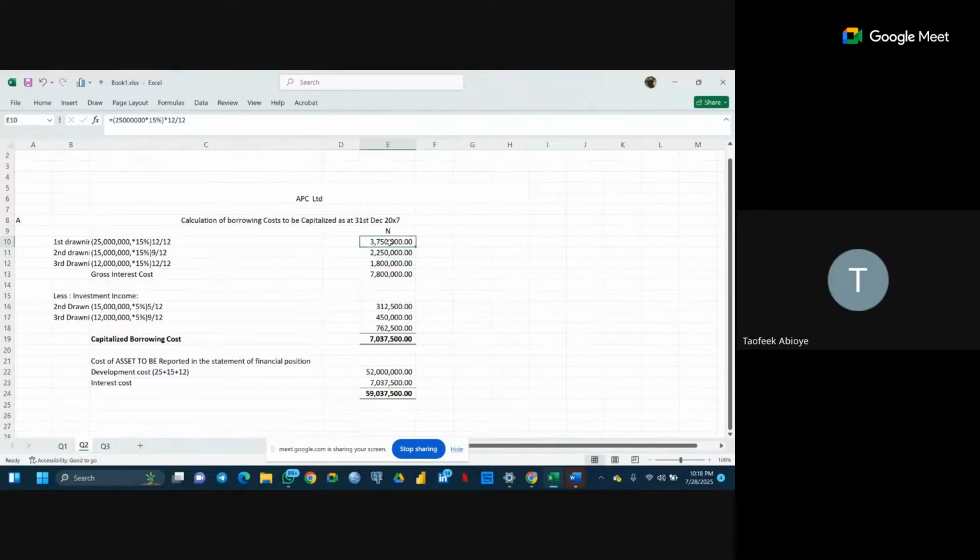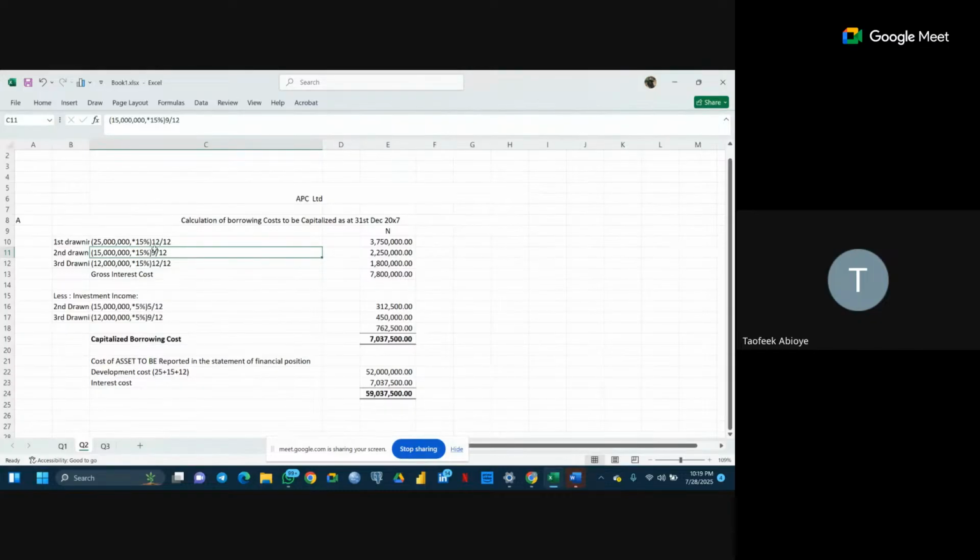They are the one that give us the interest we have here. So, you know, we have two sources of fund. We have a specific fund, just like what we are doing now, and we have a pool of funds. So for specific fund, irrespective of when the company withdraw the fund from the bank, irrespective of the month, the interest is going to be calculated on